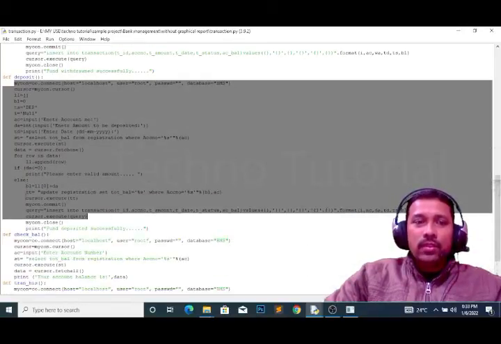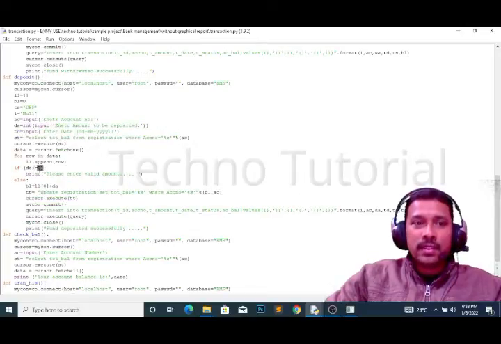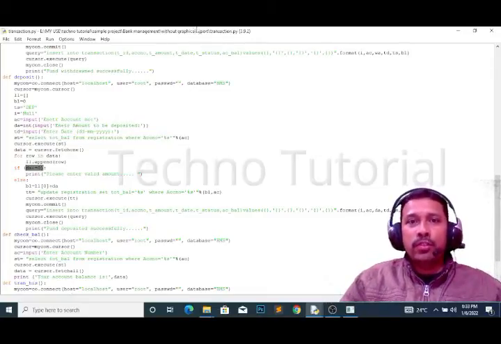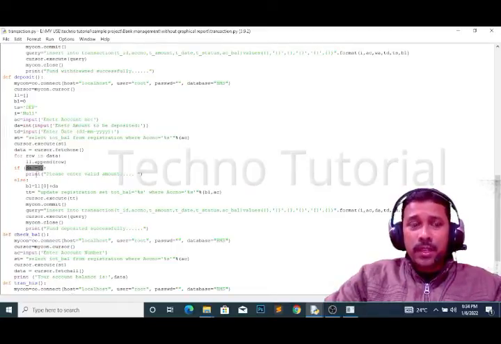But here I have changed two things. One of them is this: in the withdrawal amount we checked if the amount he wants to withdraw is more than his total balance, it will show insufficient fund, right? But here in this deposit amount, we check if the value he is entering is less than 0, then it will print enter valid amount. A less than 0 amount cannot be deposited in the bank, so that is why it will come like that.